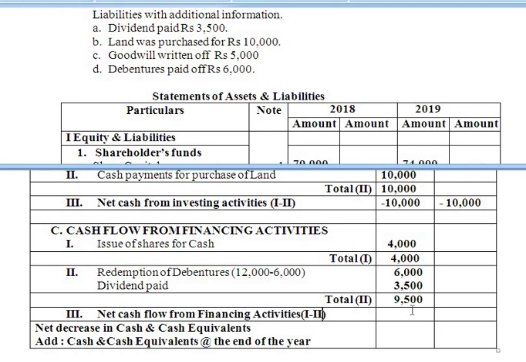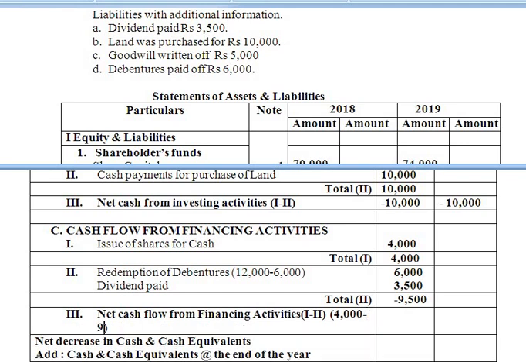Payment of cash. Okay, so here we can write the minus sign. Now we need to find out what? Net cash flow from financing activities, that is A minus B. A is how much? 4,000. B is 9,500. Okay, so from 4,000 if you deduct, now here we take into consideration the minus sign.